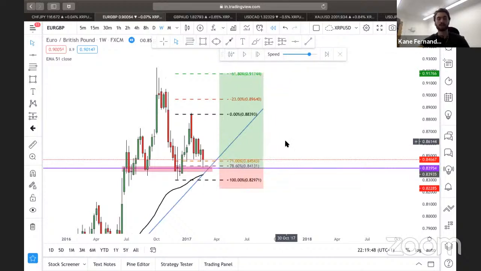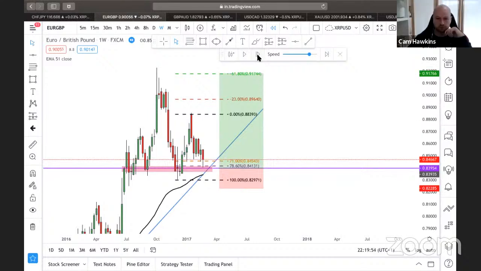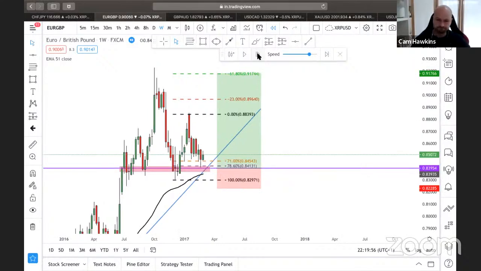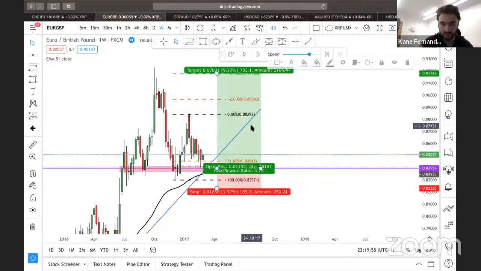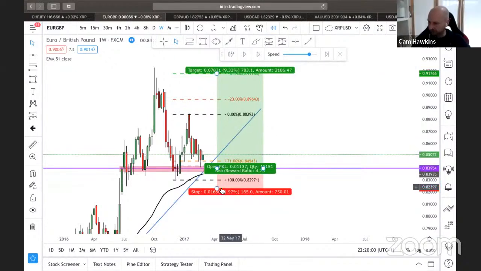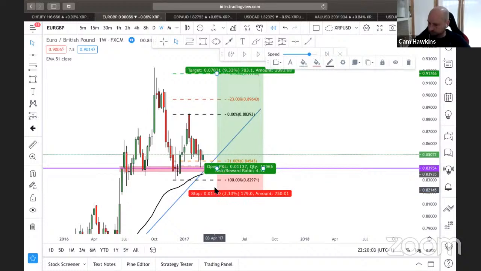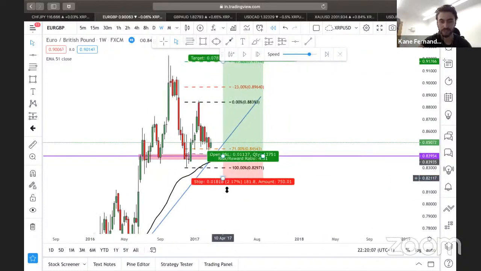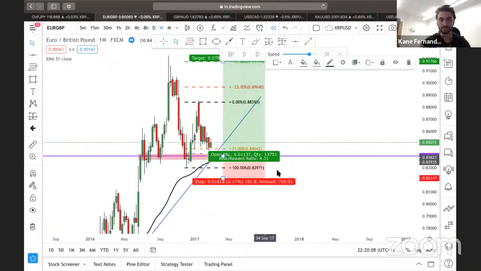This take profit aligns with this previous high. If I go forward a week, hang on, let's have a look at that. What's the R on that? I'll just take a note of it. 4.75. Yeah, big boy stuff. Actually, I'm going to change it a little bit and put it down, so it's a 4.31.